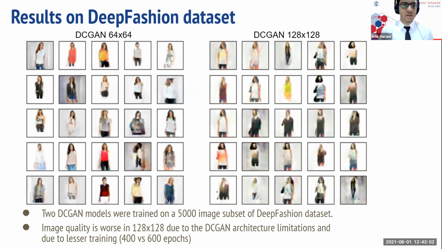Coming to the results on a color dataset, which is our DeepFashion dataset, since every fashion designer would not work with grayscale images and black and white clothing, and they would prefer color. We have deployed two deep convolution GANs of size 64 by 64 and 128 by 128, and these are the results that we obtained. Since the deep convolution GAN is a very basic GAN architecture, the results over here are slightly distorted, but they can be improved later on.